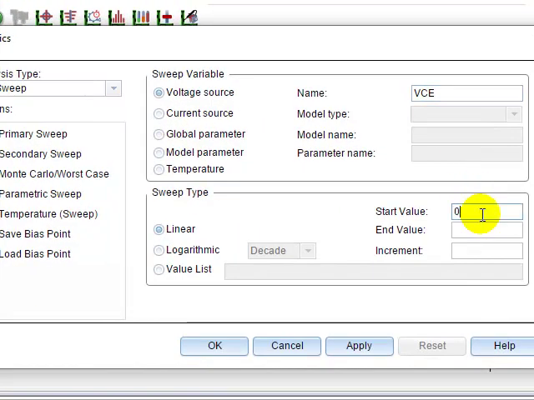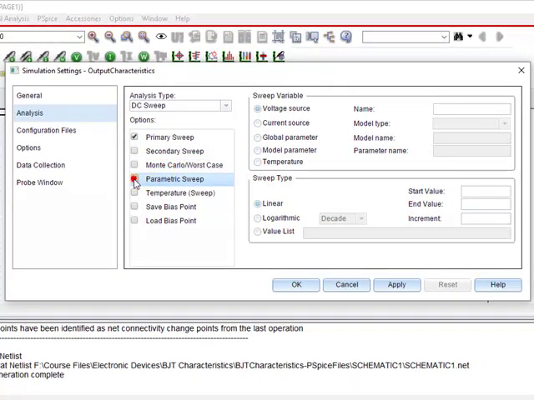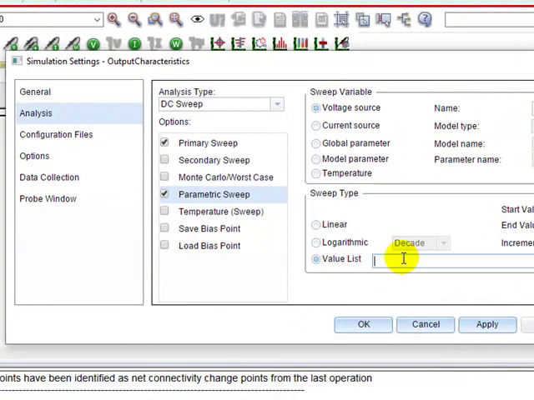So the primary sweep variable is VCE. Let us start the sweep from 0. Let us go up to say 15 volt in steps of 0.01 volt each, and we shall do it for different values of VBE. We know from the input characteristic that 0.7 volt is the cut-in voltage, so we will give a few values in and near 0.7 volt. I'll give one less than that, one exactly equal to that, one greater than that, 0.75, and another one I'll give 0.8. So all are comma separated values. So click on apply.